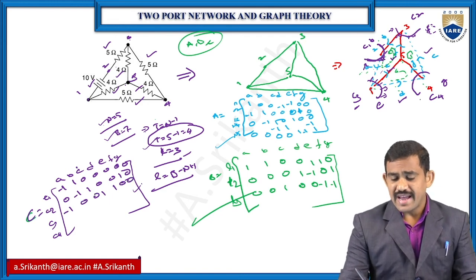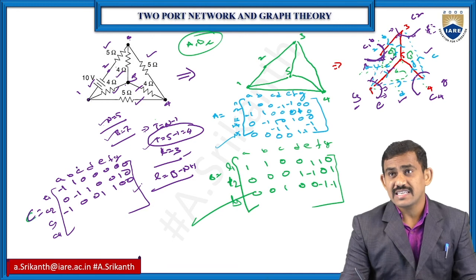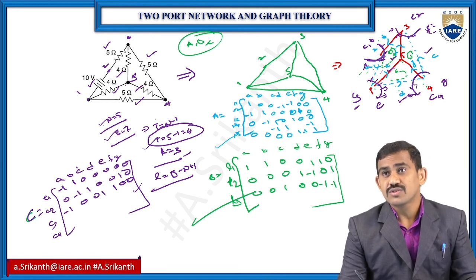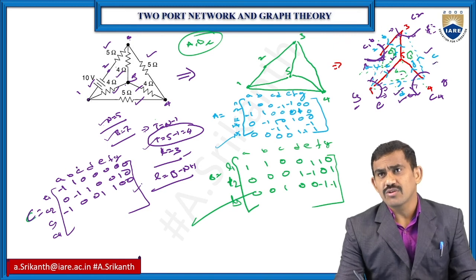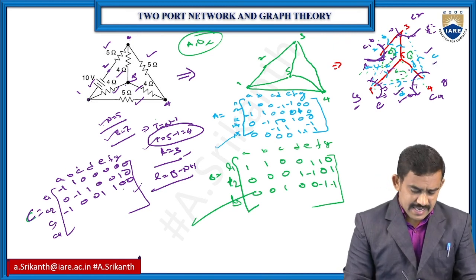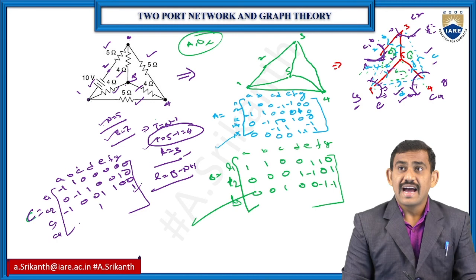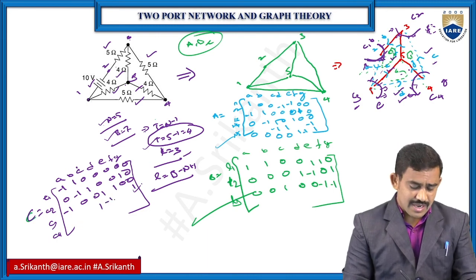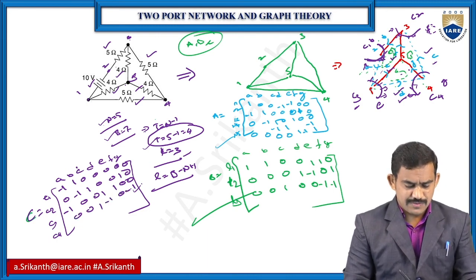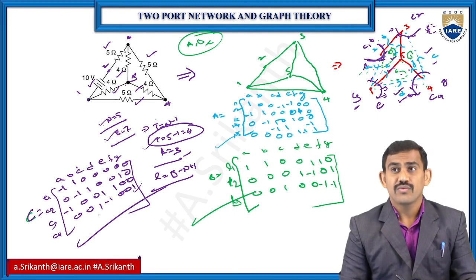Coming to C4, I need to follow the G tree. G tree again, outgoings are positive. So B is incoming, D is incoming, G is outgoing, and C is outgoing. So G as well as C, both are outgoing, and D is incoming. D is incoming means we have the -1. So remaining are 0. So this is 4 cuts, 4 trees.